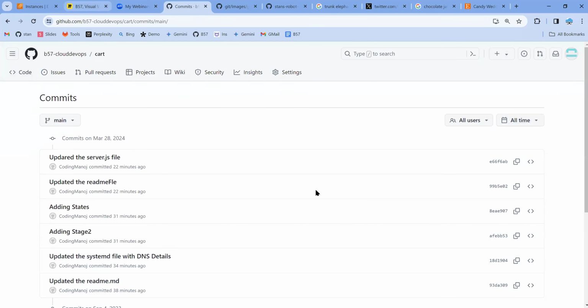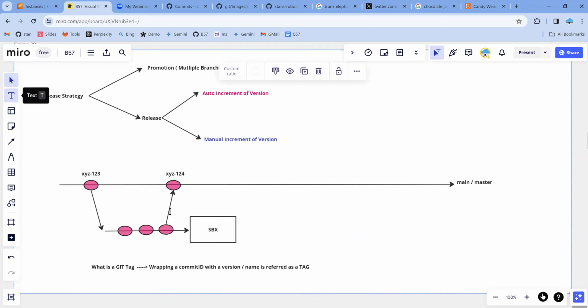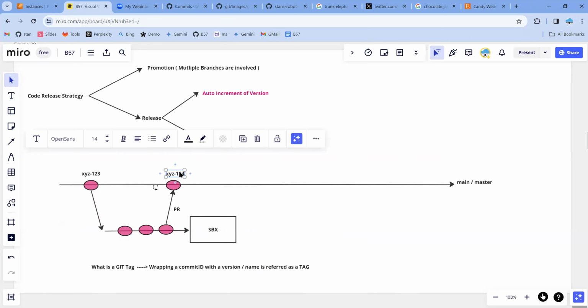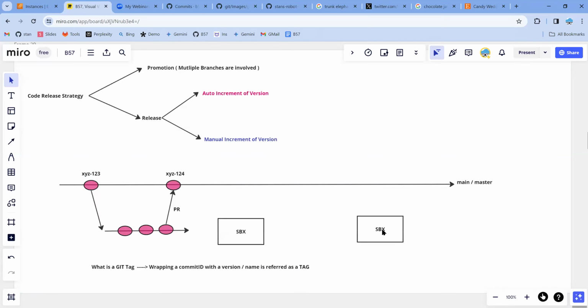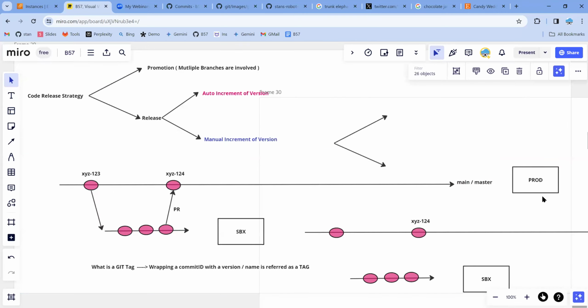Let's see that. Here, rather than maintaining multiple branches, the moment we raise a pull request, and if the pull request is approved, immediately we'll mark it as XYZ2024. And every version that you make will not go to production. A clear example is Windows 7, Windows 8, Windows 9 is not there, because Windows 9 was a flop model. Similarly, for example, you have made XYZ123, and what we're going to do is test it on top of dev, and this is prod, right? Rather than having multiple branches,